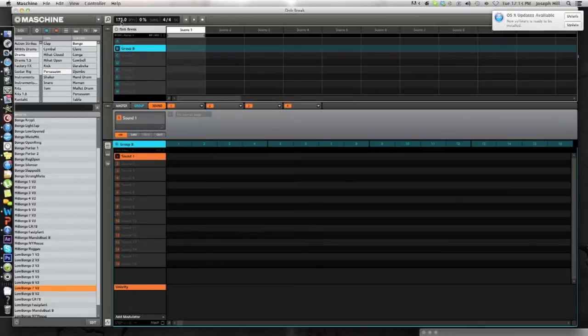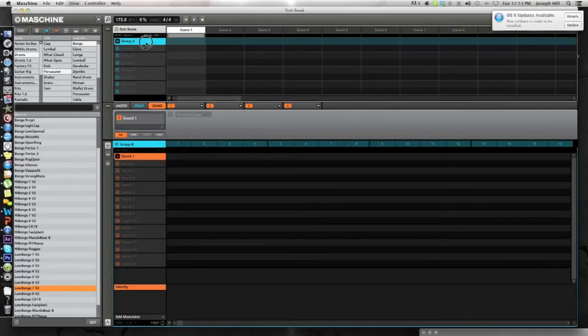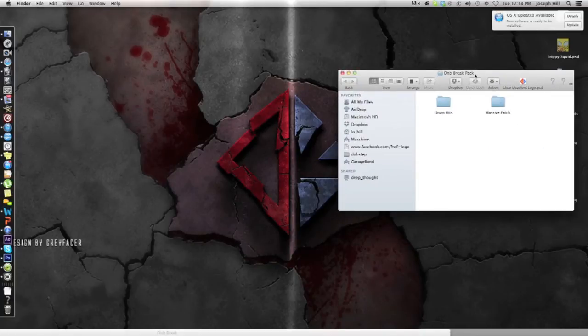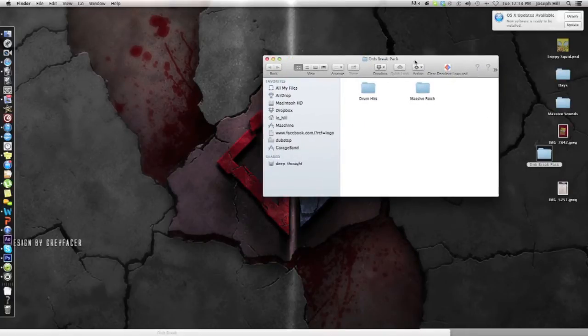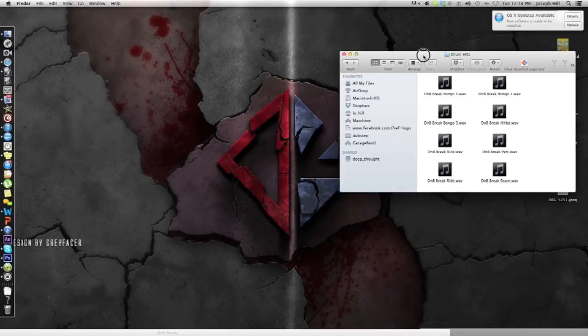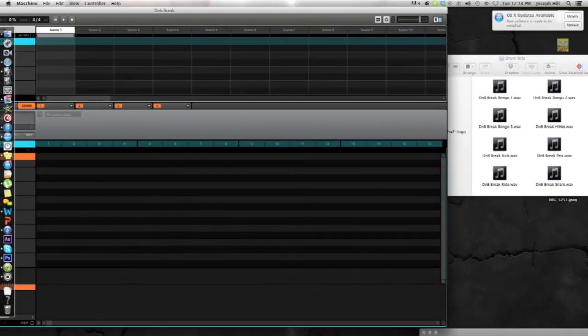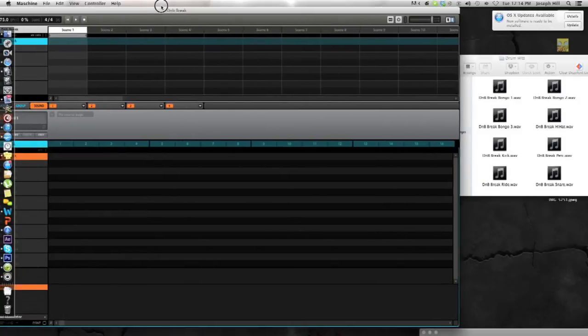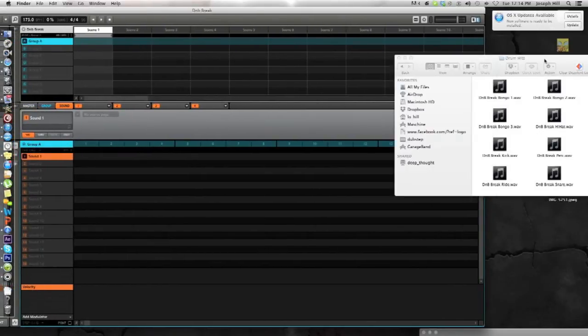Now you want to set the tempo or BPM to 175, and then you're going to want to go down to the description of this video, open up the media file link, and download it, and you'll get this drum and bass break pack. Go to drum hits, and drag all these into Maschine. Put them in the same order that I am, so this tutorial will be easier to follow. So sound 1 is going to be the kick,